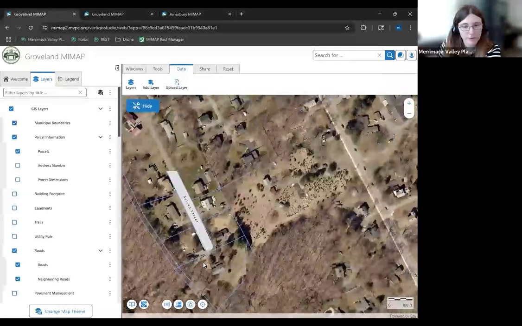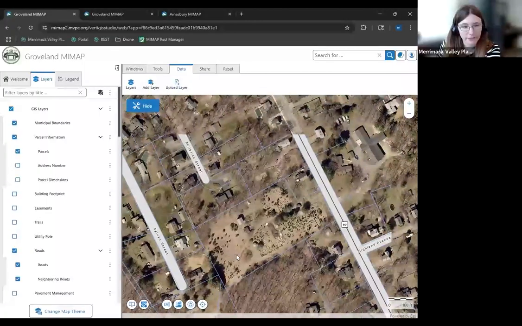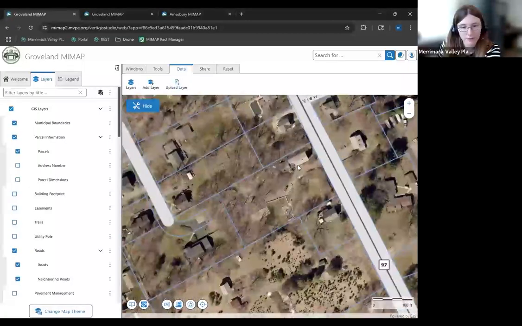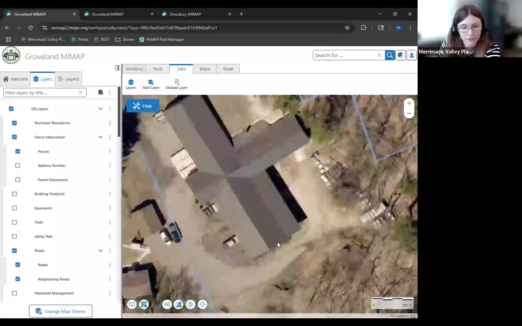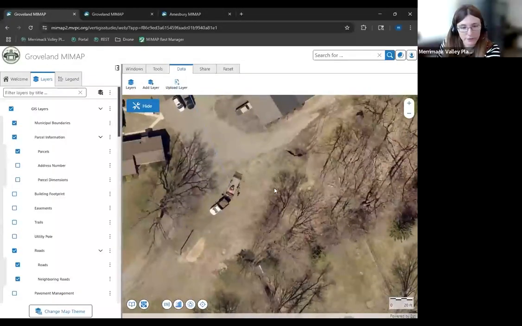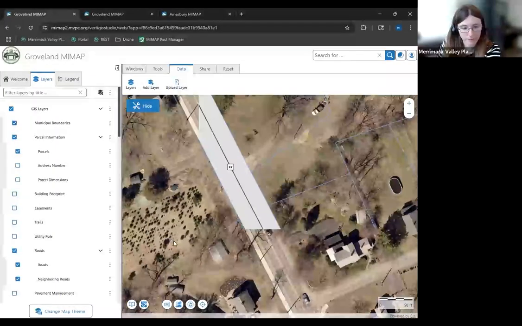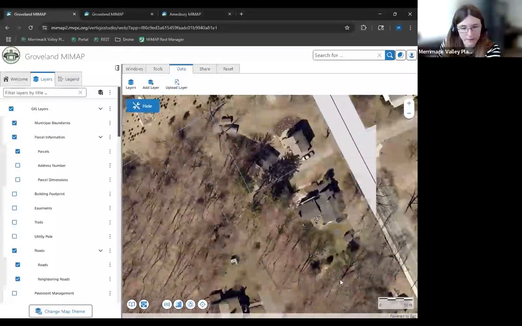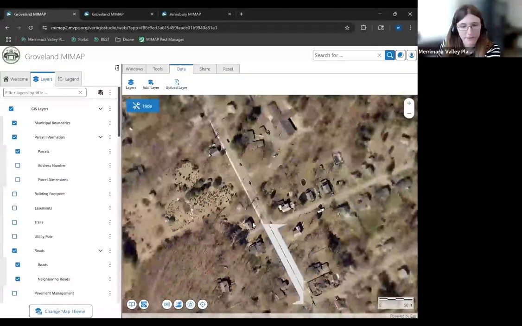And of course, new MyMap, as we're currently deploying, I've done a few communities with this, has the new 2025 imagery. So you can actually get this nice, crisp, beautiful new imagery, which looks a lot better than the last time we got it. We were admiring it here in the office earlier.